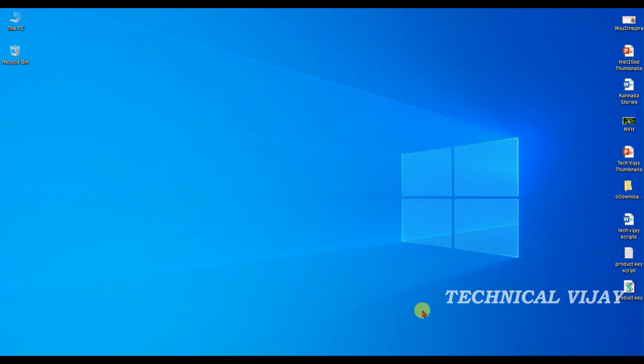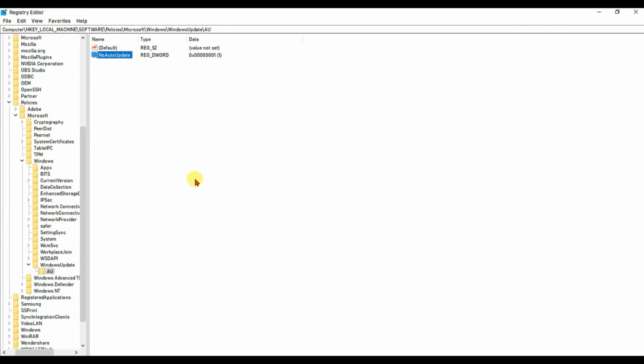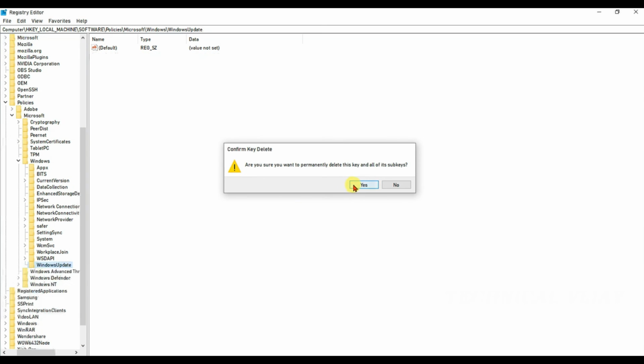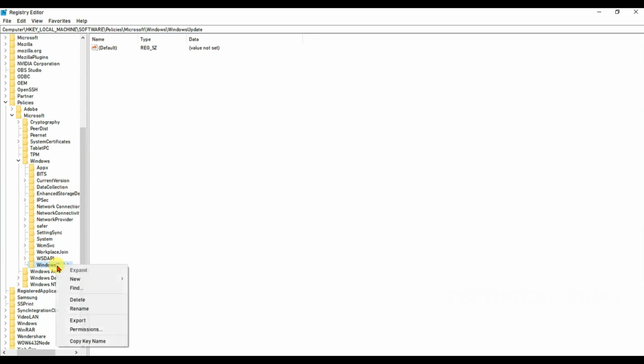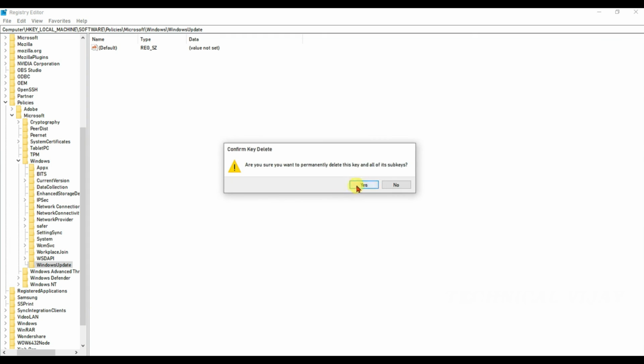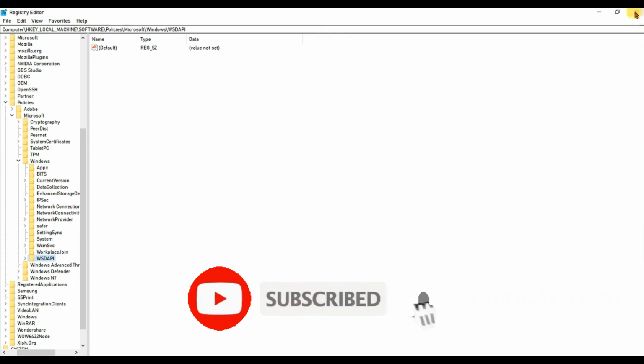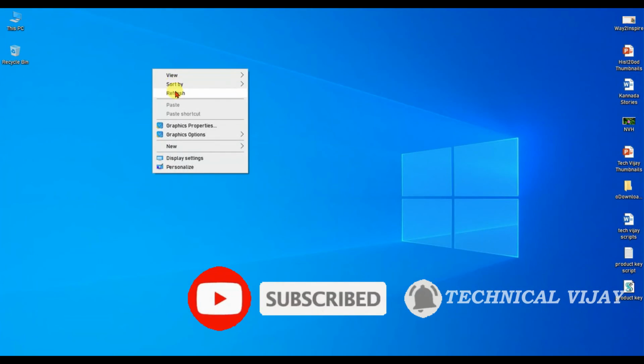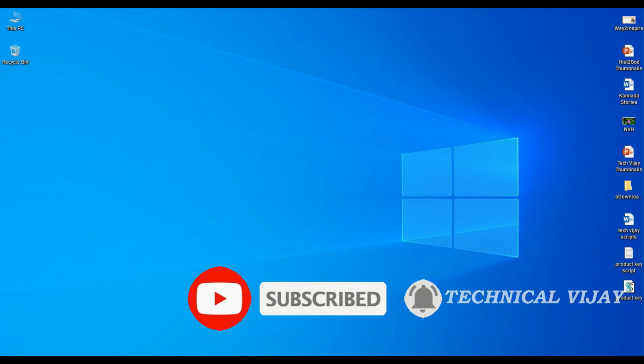If you want to undo the changes whatever we have done, in all those 4 methods, you can use the same instructions as we have discussed. But on step 4, right click on the Windows Update key, select the delete option. That is the Windows Update key that we have discussed in the registry method. You have to delete that key, the Windows Update key itself. Okay. Then reboot the computer to apply the settings.